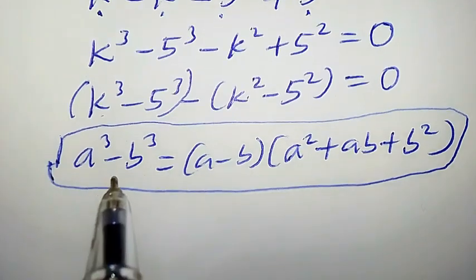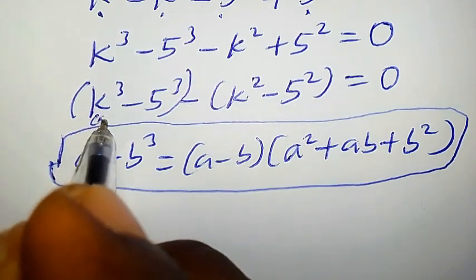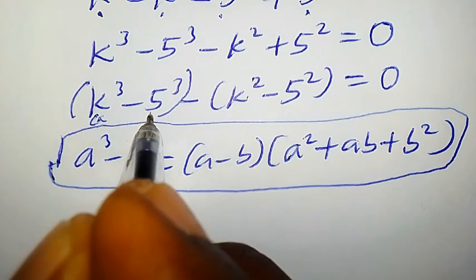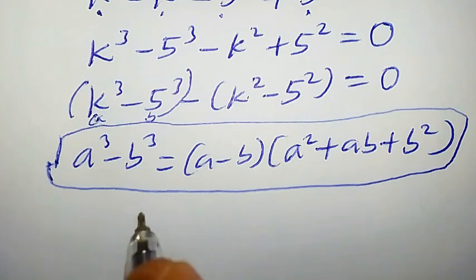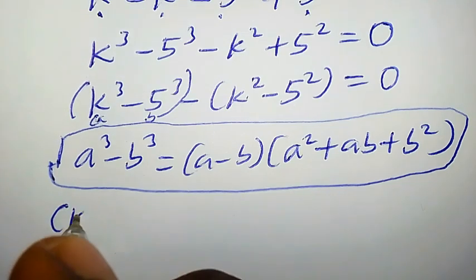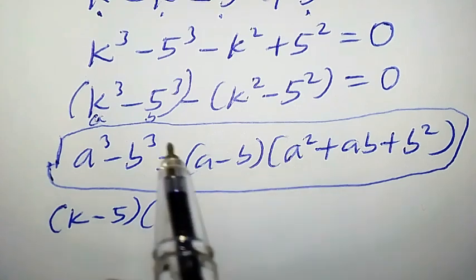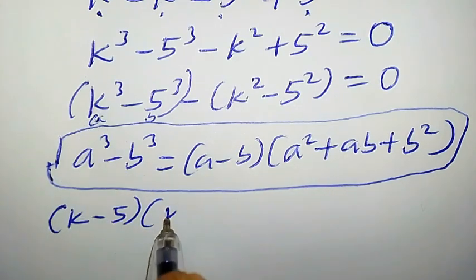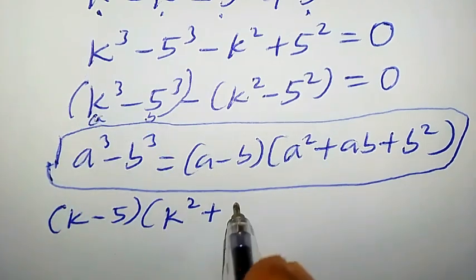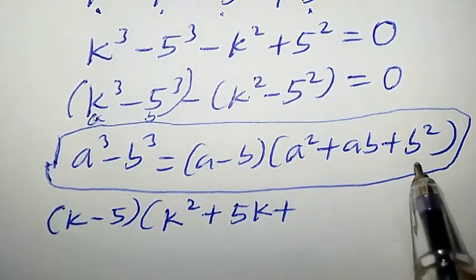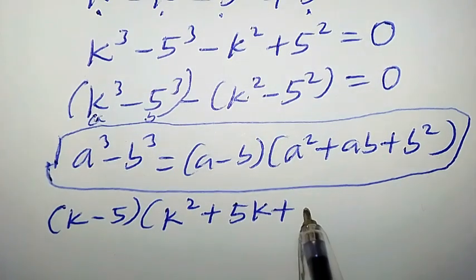By comparing this with the property, you will observe that our a is k and our b is 5. Let us substitute a and b into the right hand side. So we're going to have k minus 5 times a. What is a? A is k. So we have k to the power of 2 plus ab, that is k times 5, 5k, plus b square. What is b? B is 5. So 5 to the power of 2, that is 25,